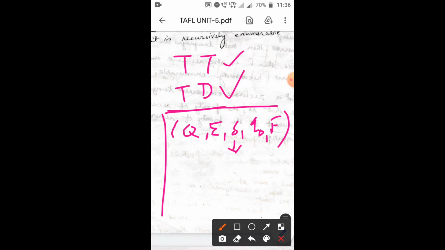Specific things like Q0, the initial state, are marked with an arrow, and the set of final states is marked by a double circle in the transition diagram and a single circle in the transition table.